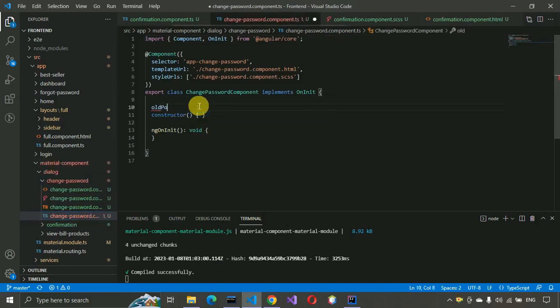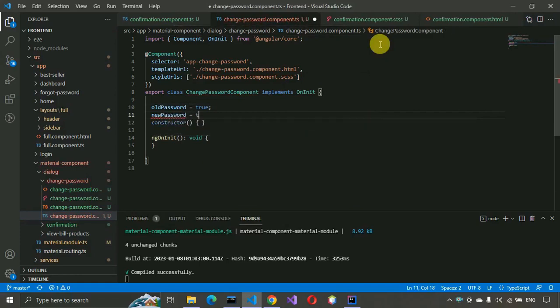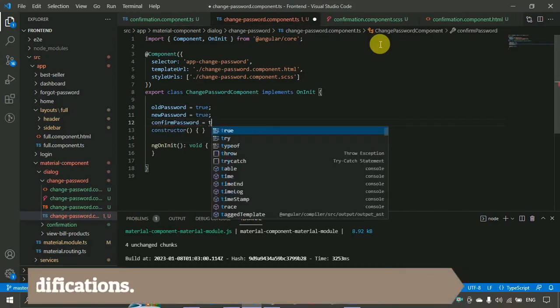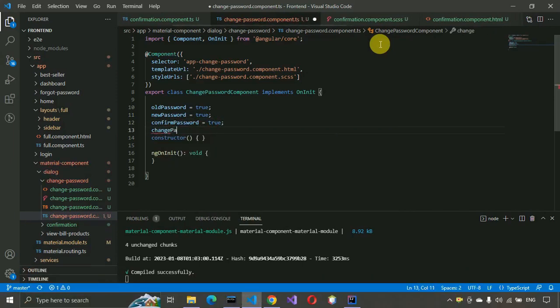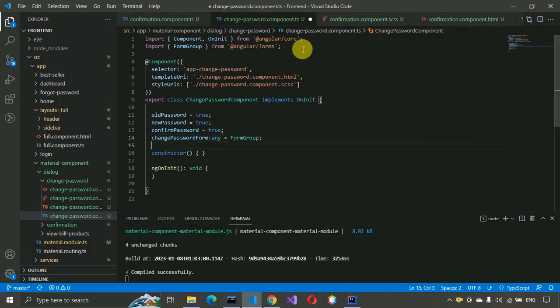Old password, and here we have to write true, new password, true, and confirm password. To hide and display the password in the browser, we are using this one, and after that change password form, and it should be of type any, and form group, this one, and you can see we have imported from over here,